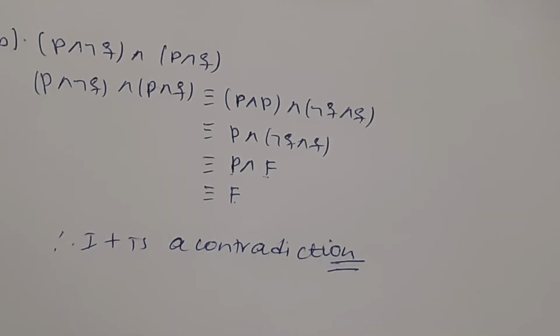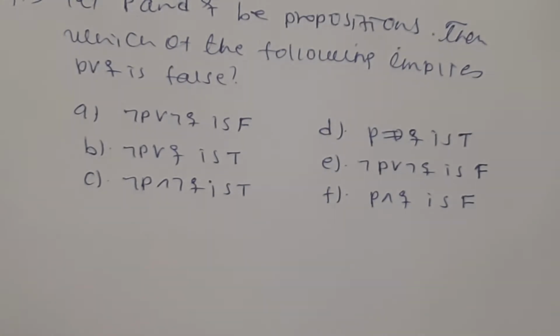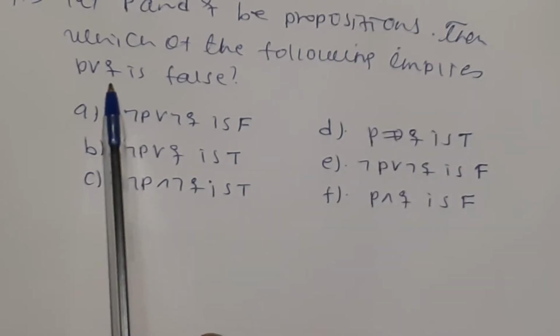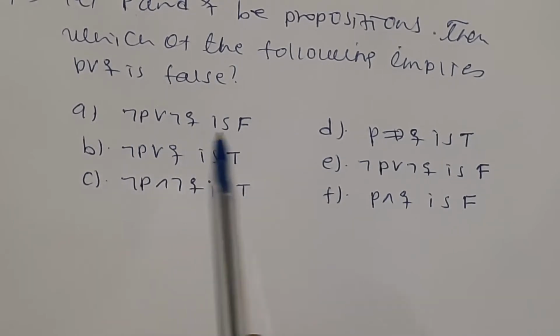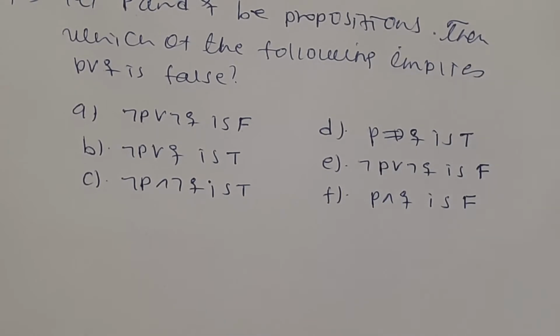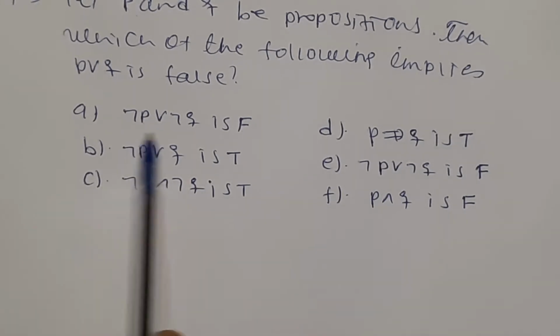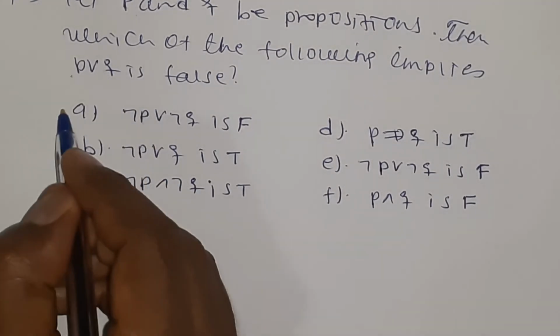Then the next question, that is the third question, would be this one, that is justification. It says, let P and Q be propositions, then which of the following implies P or Q is false? When we see the first one, that is negation of P or negation of Q is false, for this statement to be false, both negation of P and negation of Q must be false at the same time. If so, P and Q must be true, so that this doesn't imply P or Q is false,